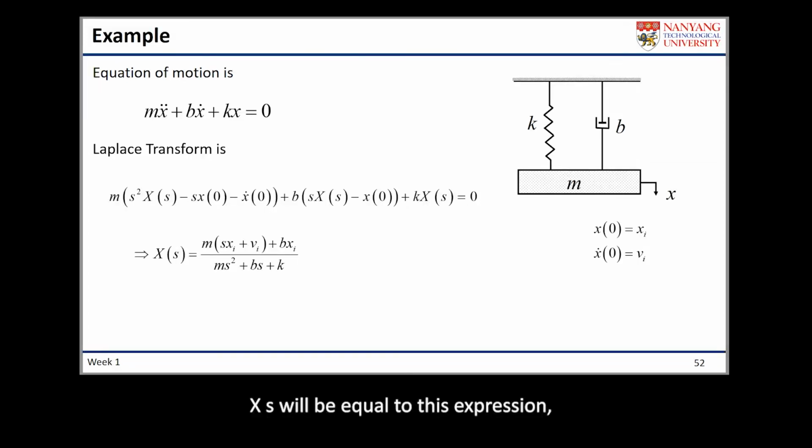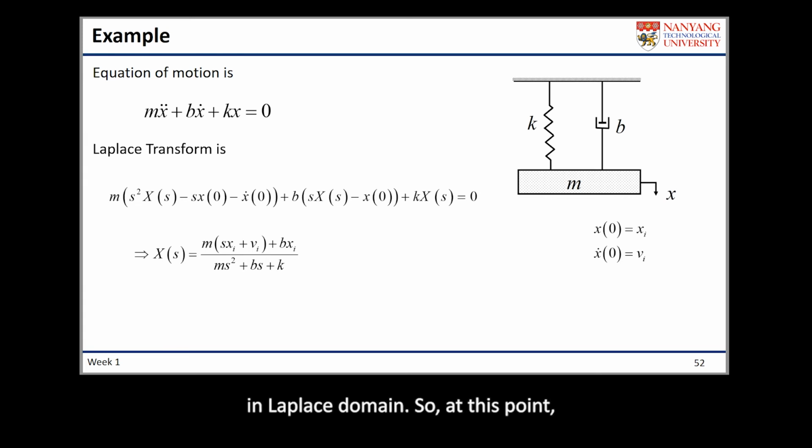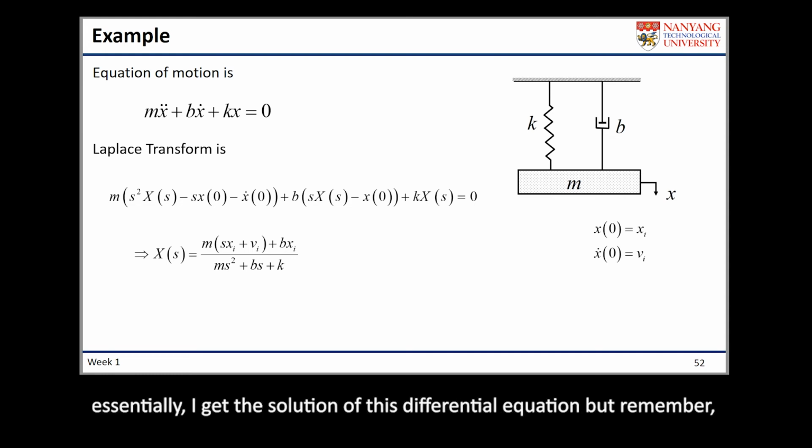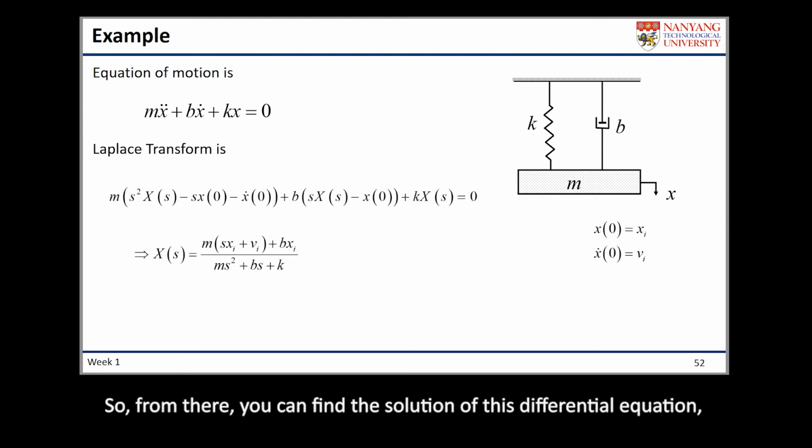X(s) will be equal to this expression, where X(s) is again what? X(s) is the solution of x, the solution of this differential equation in the Laplace domain. So at this point, essentially, I get the solution of this differential equation. But remember, the solution is still in the Laplace domain. I have to use my Laplace table to convert this solution to the time domain. So from there, you can find the solution of this differential equation,